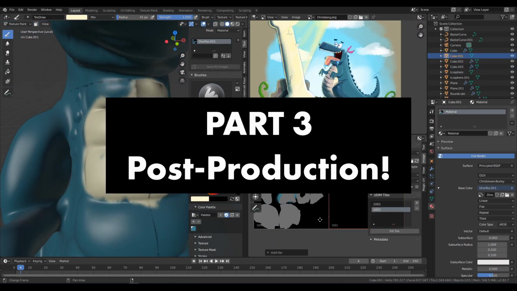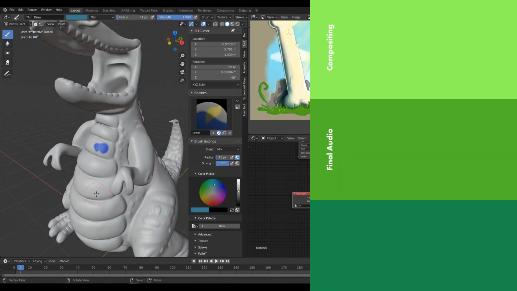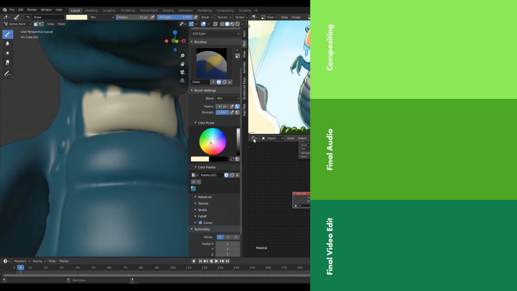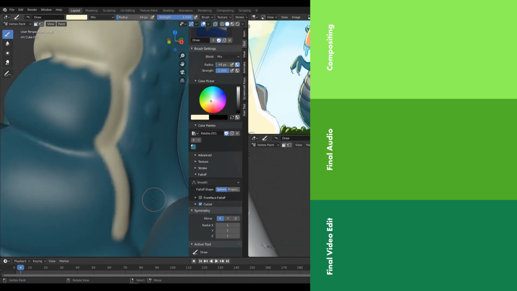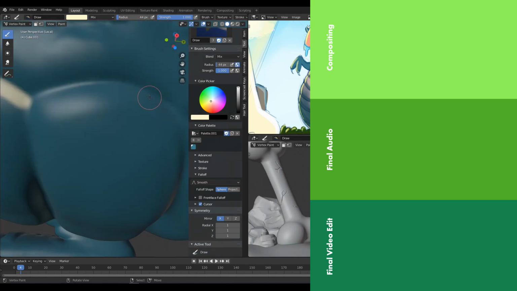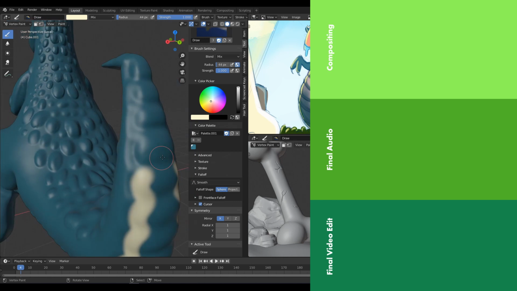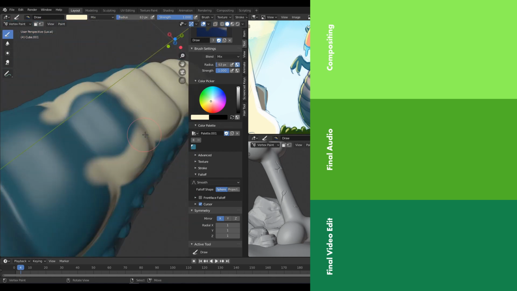Alright, part 3, post-production. Post-production usually involves compositing, final audio edits, and video edits. For the sake of your financial burden, I'm going to keep this list simple, though there are plenty of paid industry standard software in this bunch. So this list is by no means exhaustive.